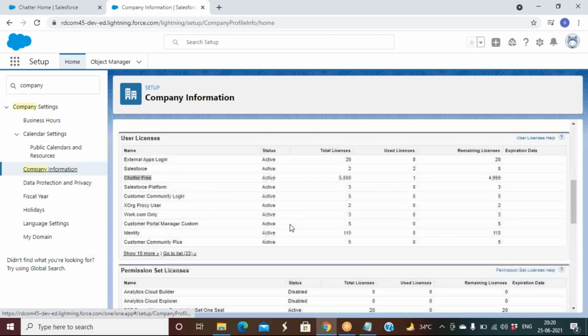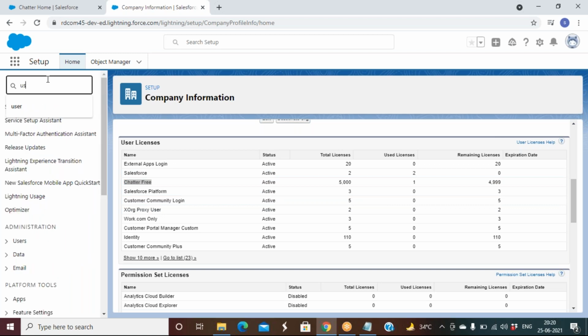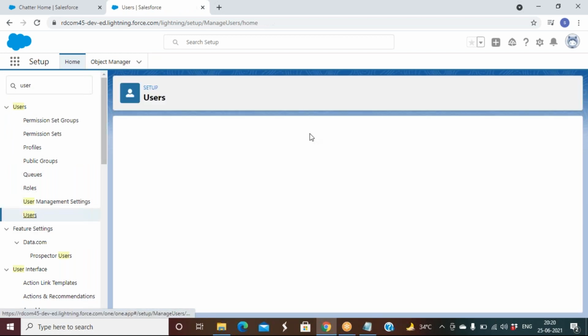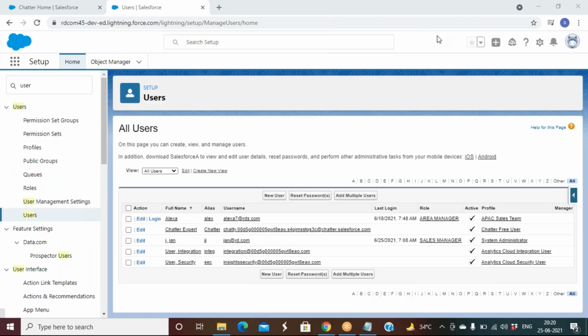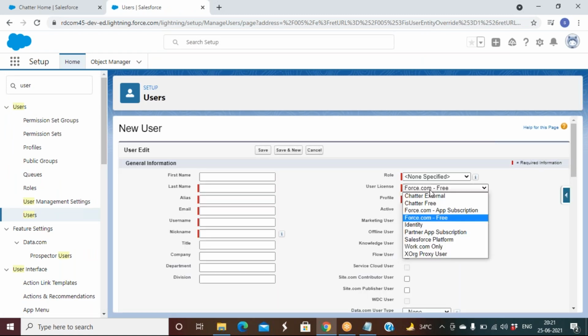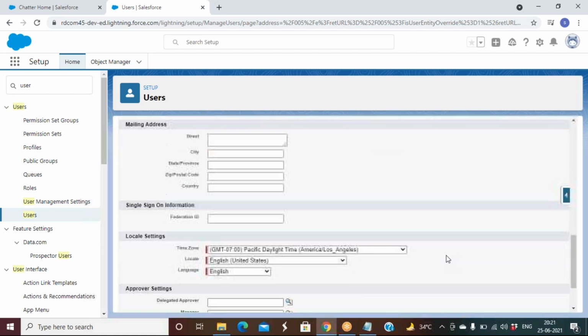If you go to the company information, user license, Salesforce Chatter Free, there are 5,000 licenses. So at the time of creating a user, just go to the user. You know how to create a user. New user. Select the license type called Chatter Free. That's it. Rest of the details you can fill in.